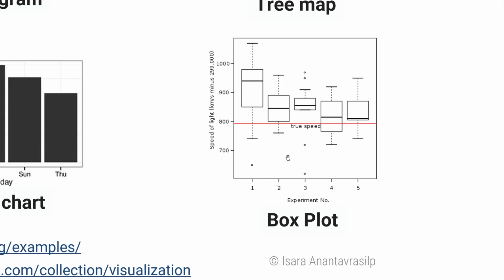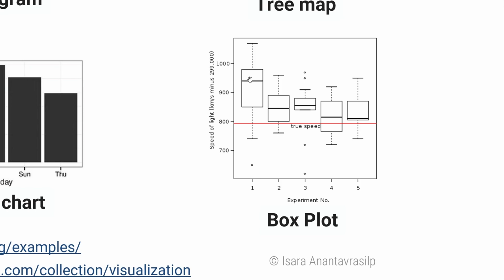It is the graphical representation of distribution of dataset. Okay, it displays not just the size or frequencies or the amount of data, but it displays a summary statistics of that data, such as median, quartiles, and outliers. The box, okay, each box represents the interquartile range or IQR between the first and third quartiles, with the line